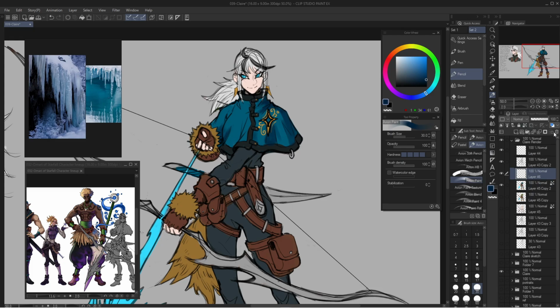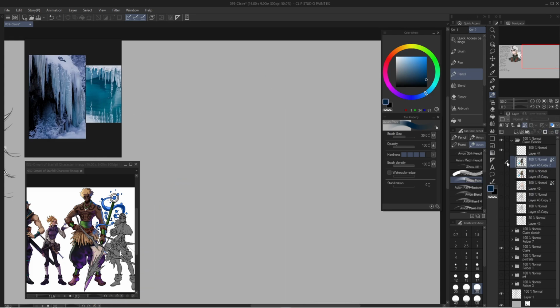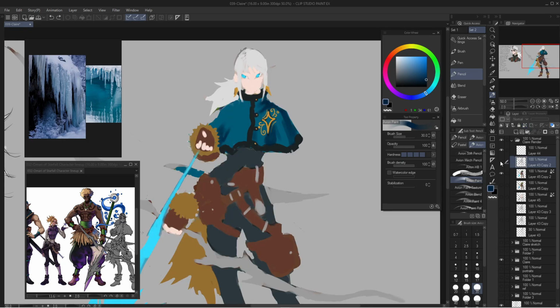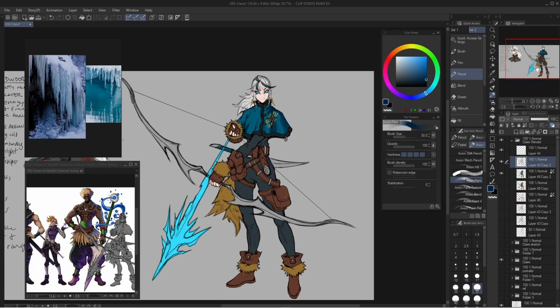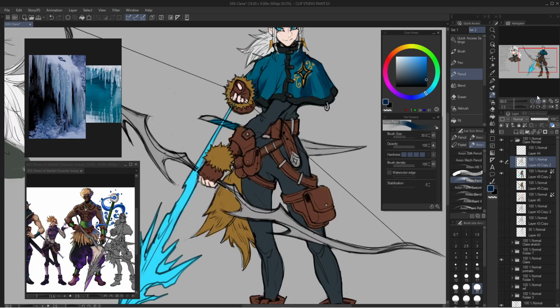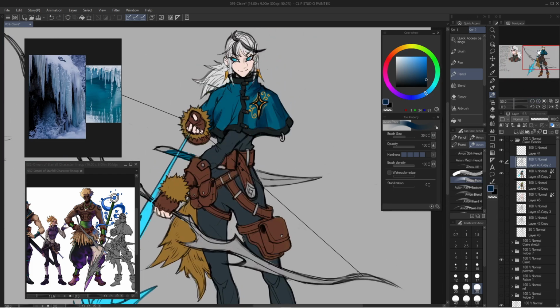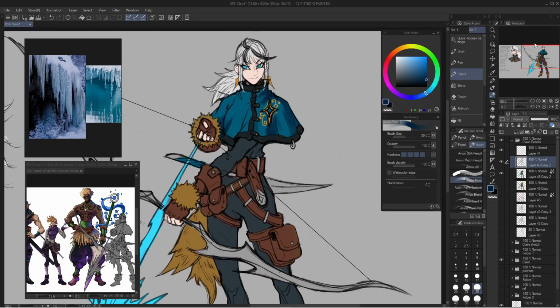that's when I will merge the two layers like this and just make it into one layer. But for now, I'm gonna keep it separate and just start adding all the shadows. I don't merge the layers until I absolutely have all the colors down, all the shadows, or maybe not all, but most of the colors and shadows down. So that's what the next step is,